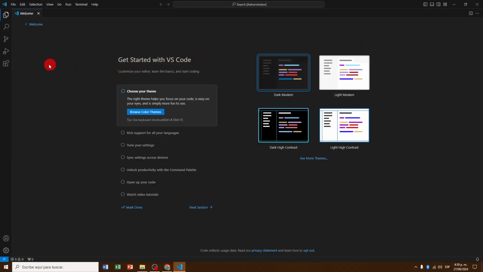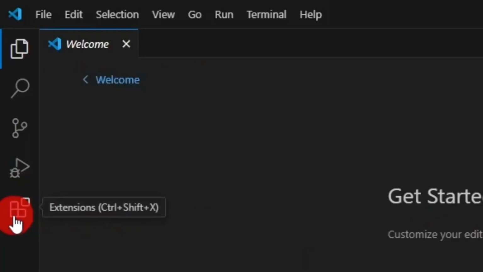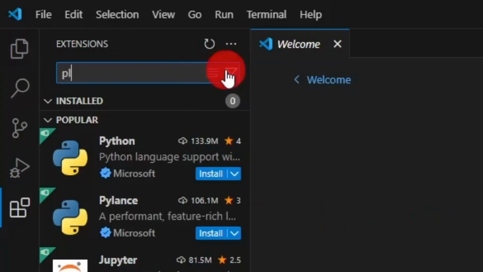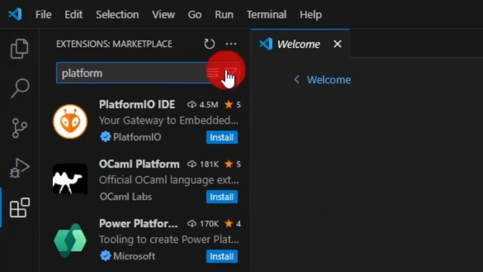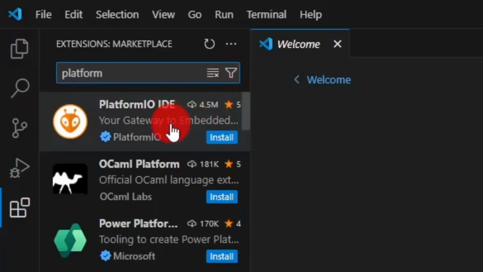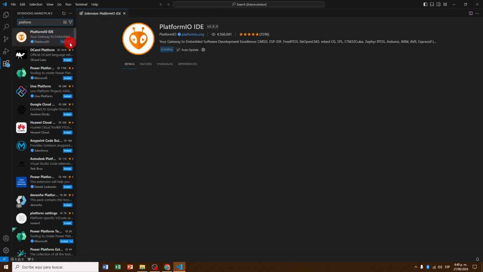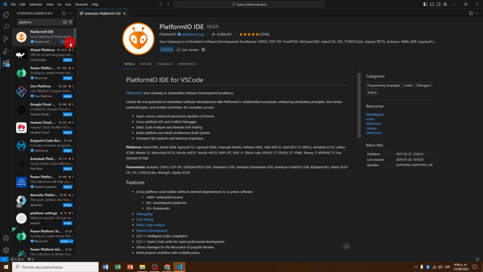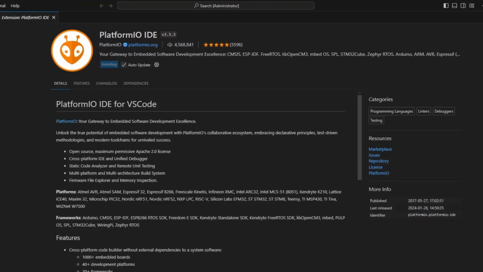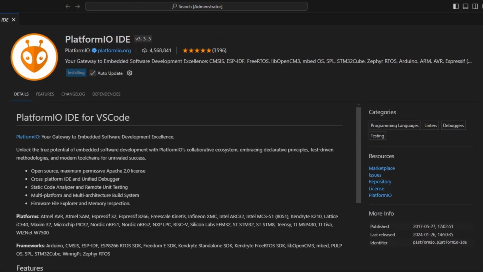To install the Platformio plugin, in the column of icons in the left corner, we open the Extensions option, and in the search bar we type Platform, and in the search results we can identify the extension corresponding to the Platformio IDE. We click on Install to start the installation process of our tool, which may take a few minutes to complete. While completing the download of the files to install, we can see that we are in version 3.3.3